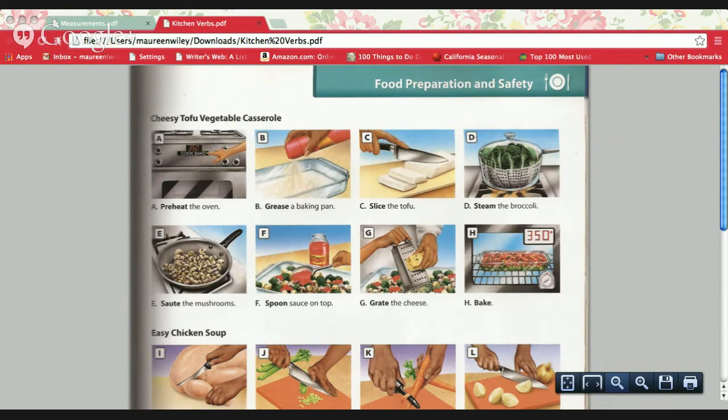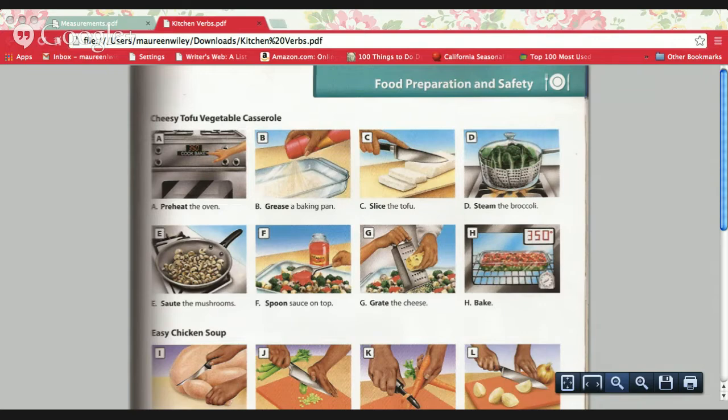Spoon has another meaning that I'll teach you just because it's sort of cute. To spoon means to cuddle with someone. I just typed it in the chat, so to cuddle with someone. So when people say that they spooned, it means they were like two spoons in a drawer, cuddling. So it's sort of a sweet way to say that you were very close to someone. But as a verb in cooking, you can spoon the sauce on top or spoon the soup into a bowl